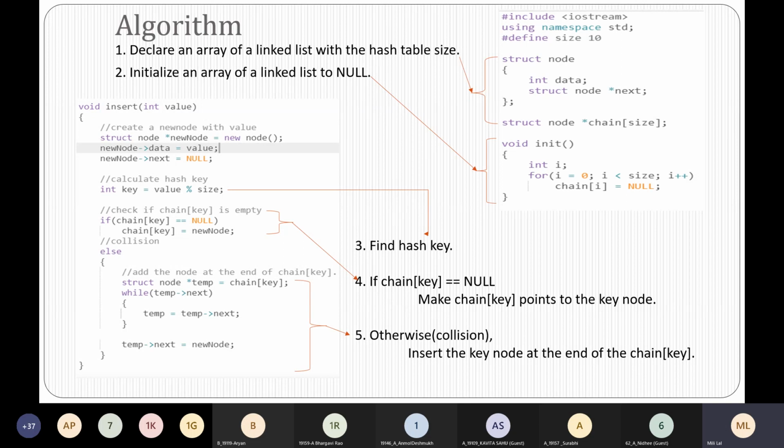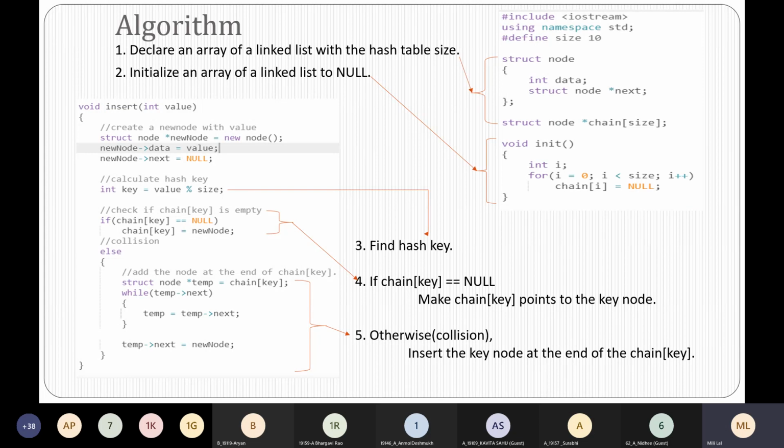Okay, so for that, a new node, a node which is going to contain the data, is created. A new node is created which is of struct node type, and the new node data is assigned the value which is obtained as argument, the value which has to be stored as the data, and the new node next is going to be initialized to null. That means it's not going to point to another node right now. It is first initialized to null. So that is a node which will contain data and the pointer null. Okay, so that is the new node.